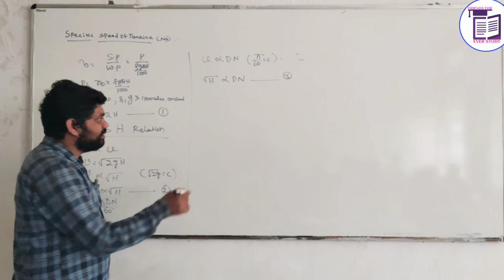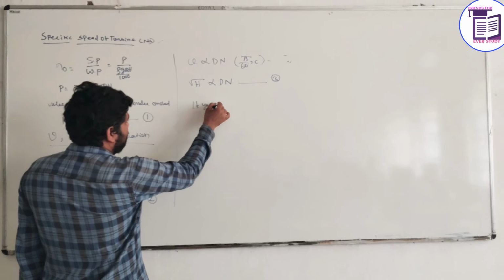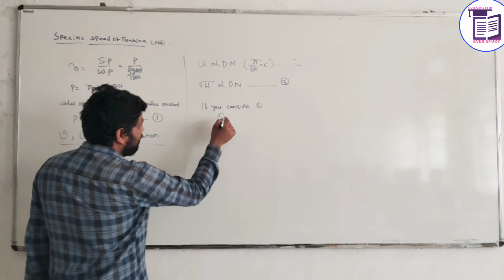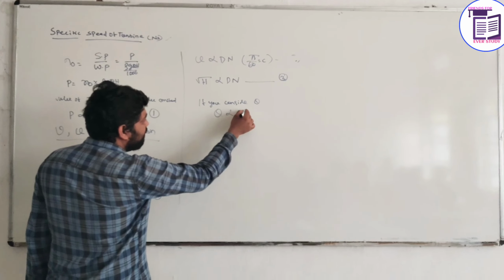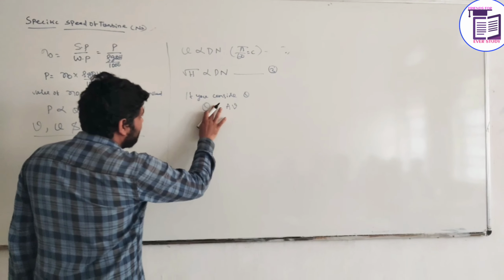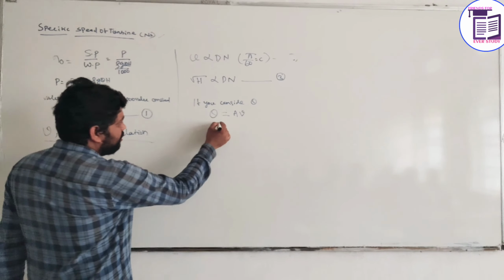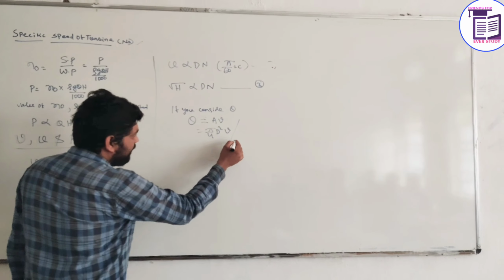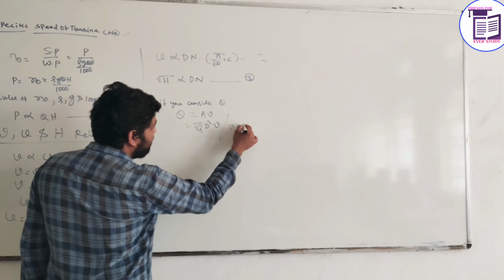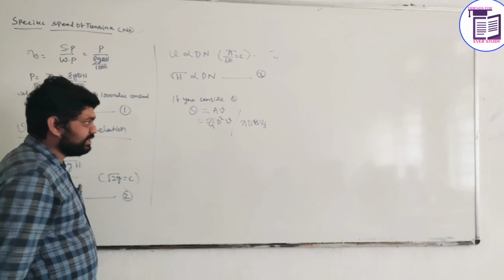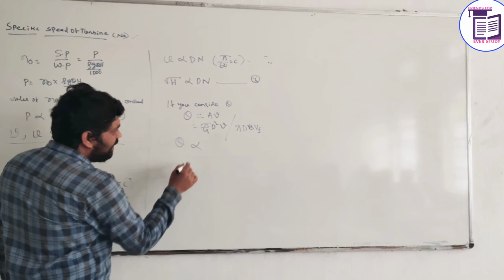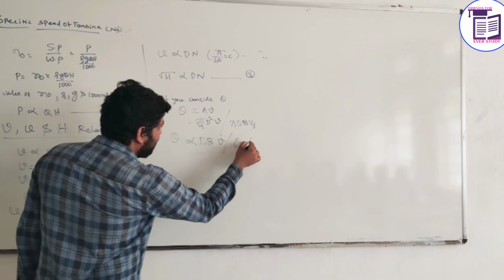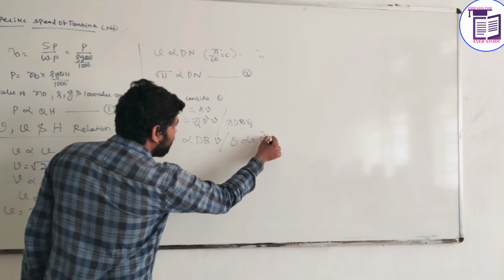Now consider the discharge. If you consider the discharge of a turbine, then Q is directly proportional to area and velocity. Yes or no? So we can write Q is equal to area and velocity. Here the area is pi by 4 d square, or we can write pi d b, into the flow velocity. Then we can find the relation: Q is directly proportional to d b and V, or Q is directly proportional to d square b.